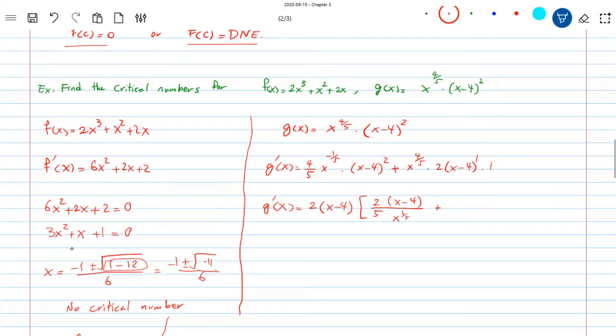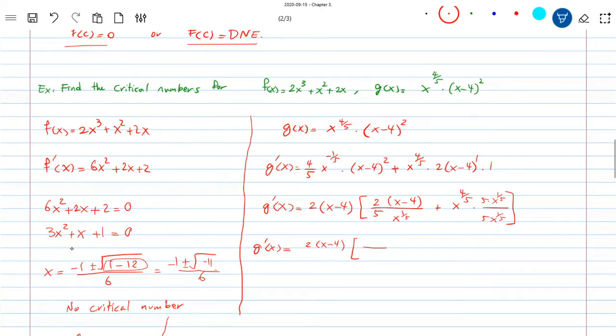And for the second term, x to the power 4/5 is left. You can simplify it a bit more and make a common denominator. The common denominator would be x to the power 1/5. And since I have a 5 here, I will multiply by 5 here. Okay, so g prime x becomes 2x minus 4 multiplied by